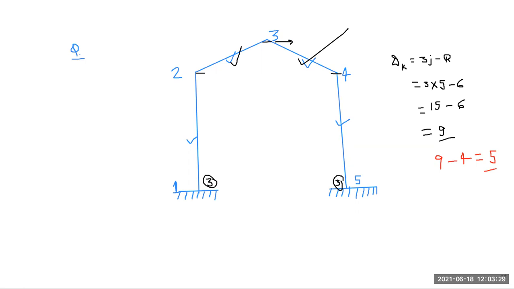So most probably next week, on 21, 22, I think on 25th, the structure analysis exam from 9:14 to 10:25 is going to happen. So I asked 15 questions in your examination. Section A, section B, that means B section carries 2 marks per question, section A carries 1 mark per question. So in the 2 mark questions, I give all the numericals. That means finding DK and DS values. That means static indeterminacy you have to find for various structures. Also kinetic indeterminacy for various structures you have to find.